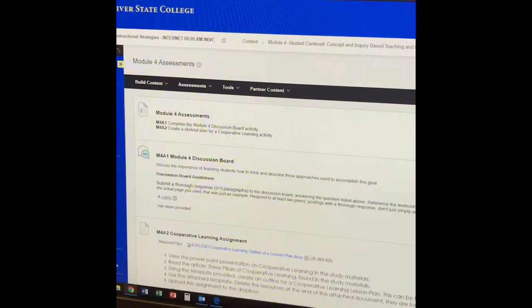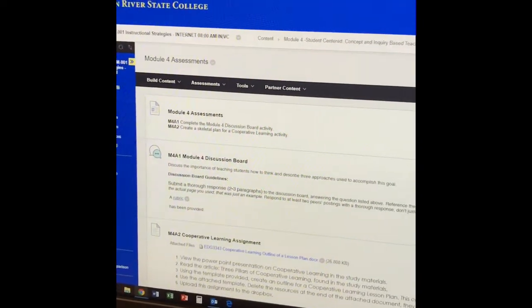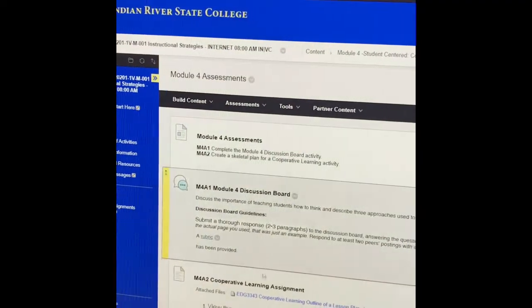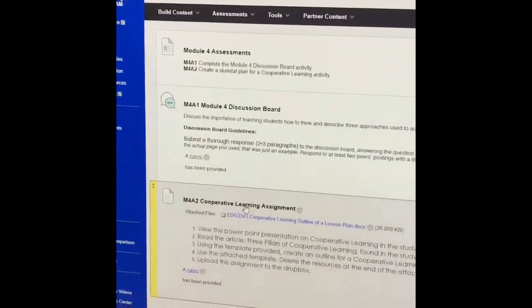Hi students, I wanted to go ahead and explain the assignment that's found in Module 4. It's a cooperative learning assignment. So when you log into Module 4 and you go to our assessments, you'll see that M4A2 is the cooperative